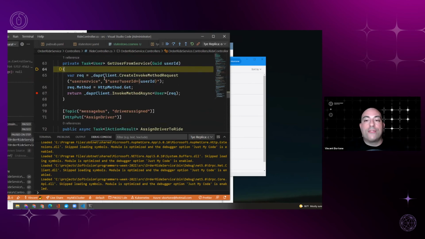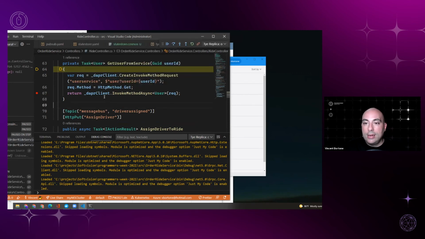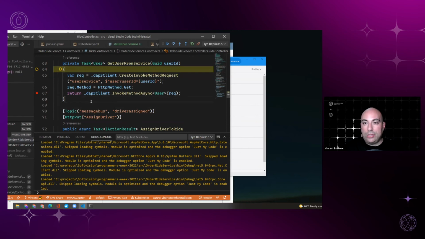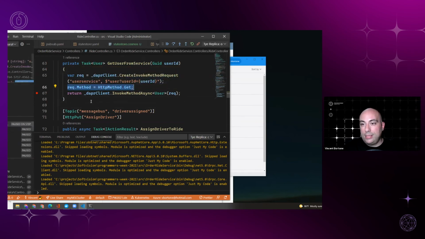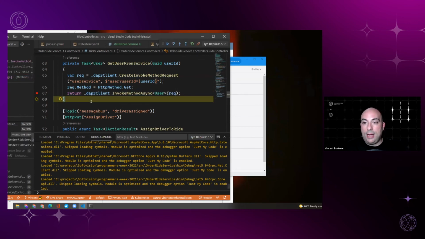As we talk, the first example here is that direct method invoking, right? How we have this set up is that we know we need to talk to user service and we need to pass it a user ID. So we're going to create this request. It is a GET request, and then we're going to use the Dapr client to invoke it. I'm just going to F10 through this. And then what we'll see now